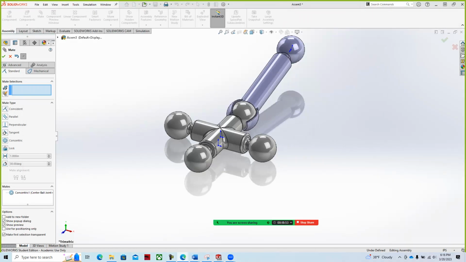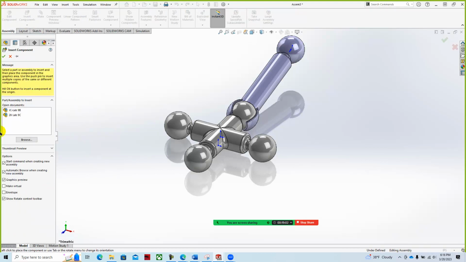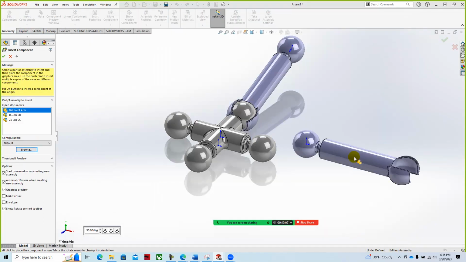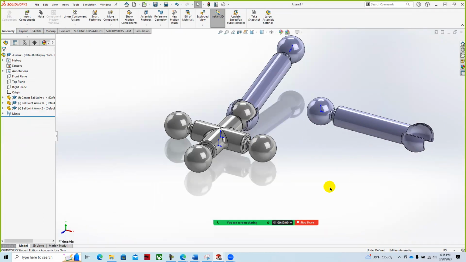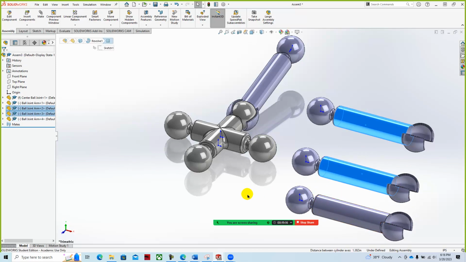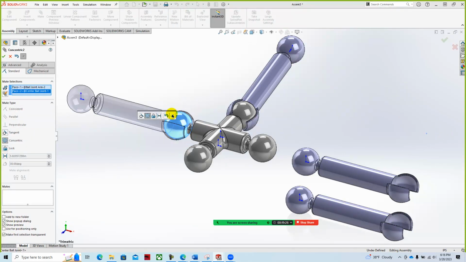And so we can come over here and we can go back and green check mark this. We can come back to insert component, and you can hold control and you can drag off a copy of it. And so oftentimes we'll do that. I kind of like this. It's almost like virtual Lego. And then we can go through and mate these, green check mark it,